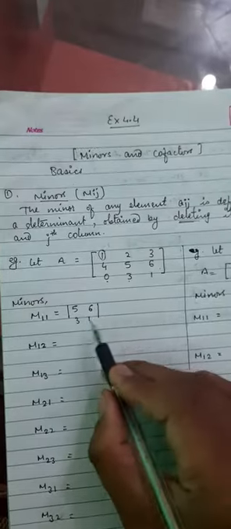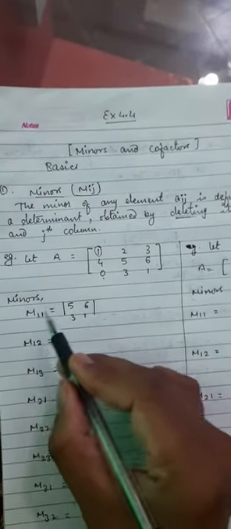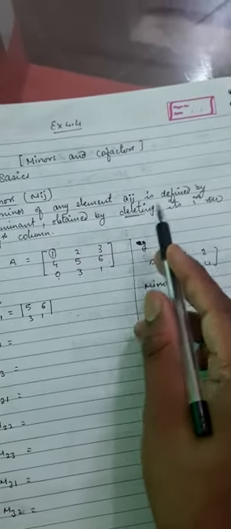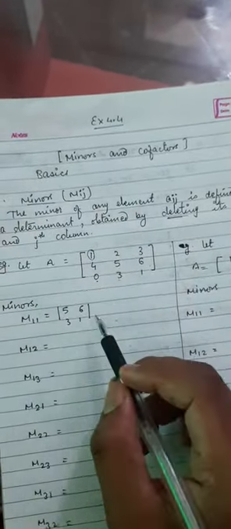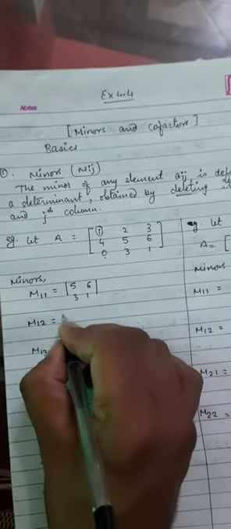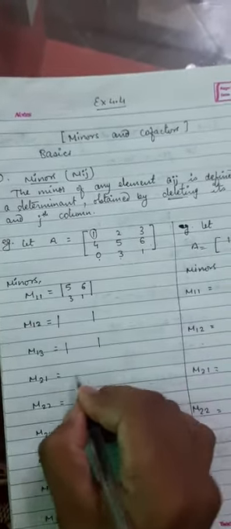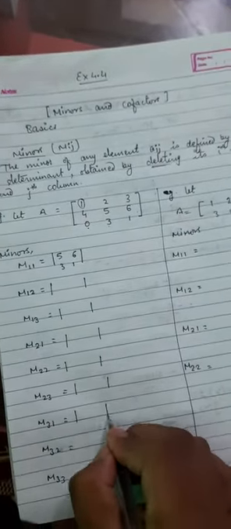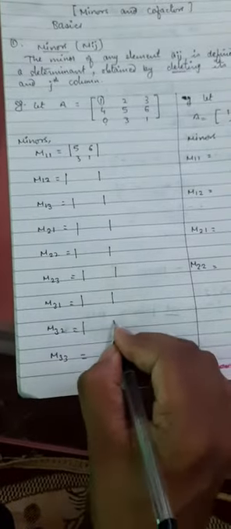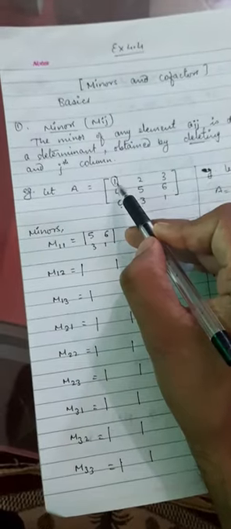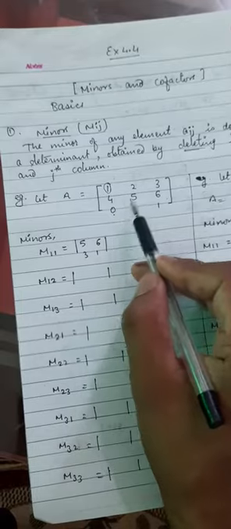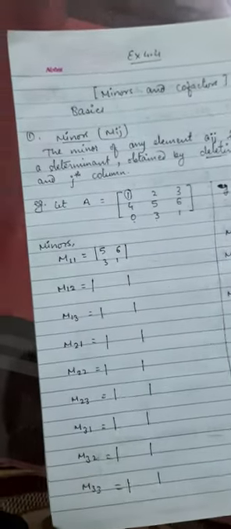And don't use a matrix here, because a minor is a determinant. The minor of any element is defined by a determinant, so everywhere it will come in the form of a determinant. So I am making determinants everywhere first. Like this you can make determinants. Now we have to fill in only the elements inside after deleting its row and column. From the first element, 1, don't write 1 anywhere outside. We only have to delete its row and column, and whatever remains, we write inside.